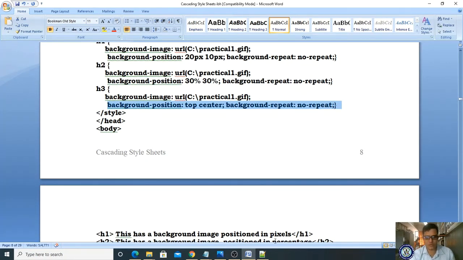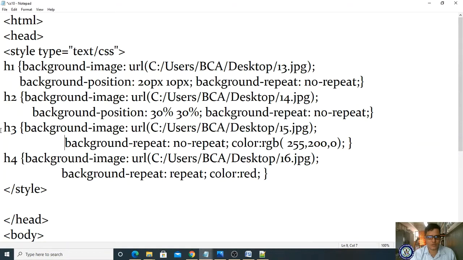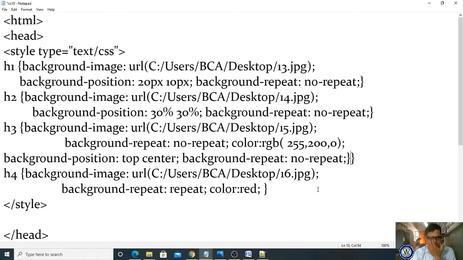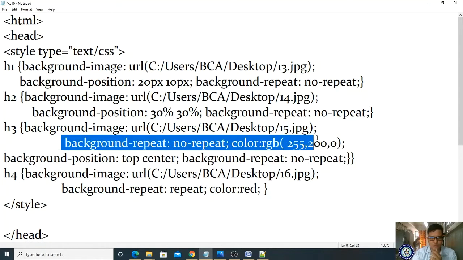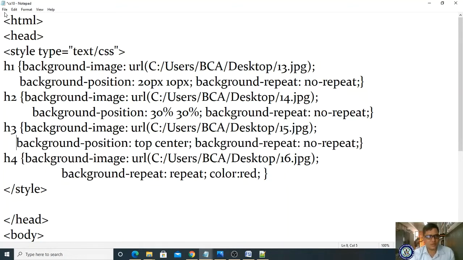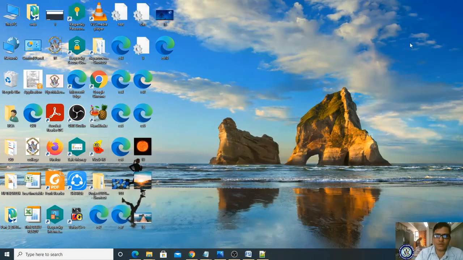So I'm copying and coming here, the same for h3. Let me paste here. Repeat is there, let me remove this. For h4 we are not doing anything. Let it be. Let me save and check the position of our images.